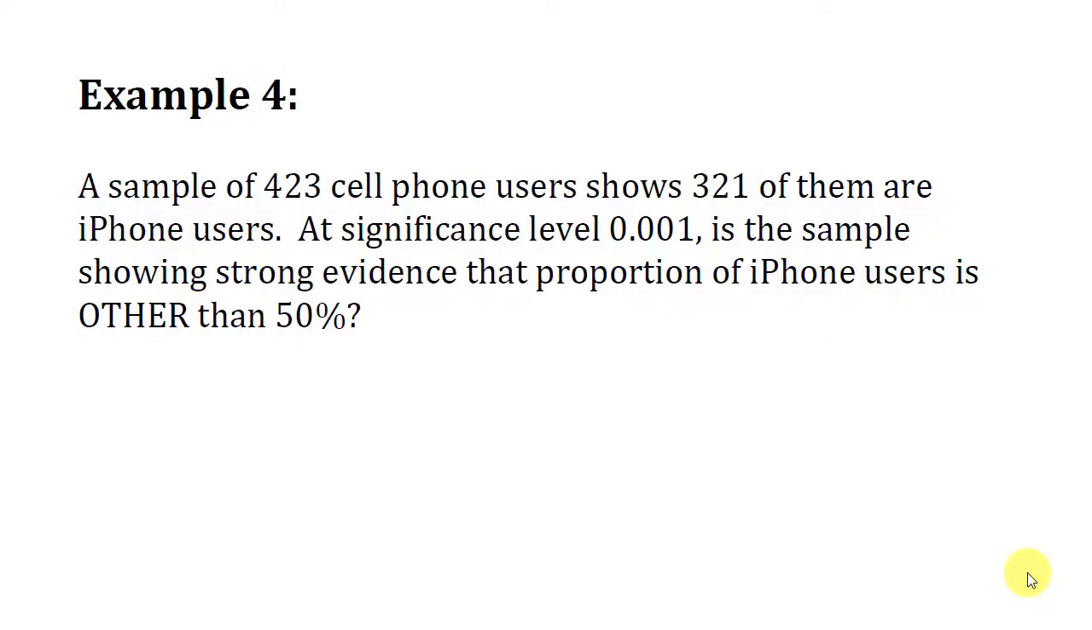Let's now look at our fourth example in this video lesson. So example 4, reading it out, we see that in a sample of 423 cell phone users, 321 of them are iPhone users. At significance level 0.001, is the sample showing strong evidence that the proportion of iPhone users is other than 50%? And so at this point, after doing repetitively about 3 examples prior to this example, then we can see that